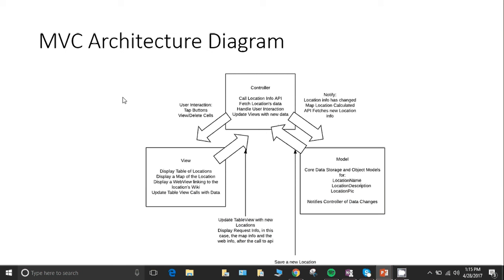The controller will call a location info API. It'll fetch this location's data, handle user interaction, and update the views with new data. Moving from the controller into the view, one can tap the buttons to view or delete cells. So moving from the controller into the model,